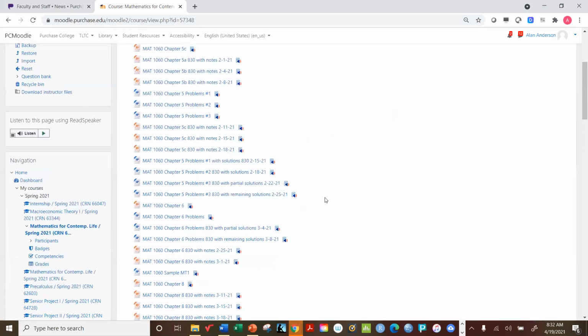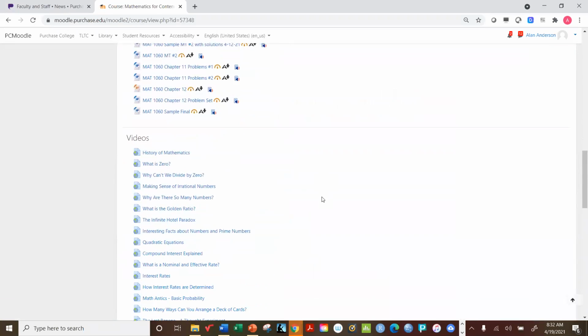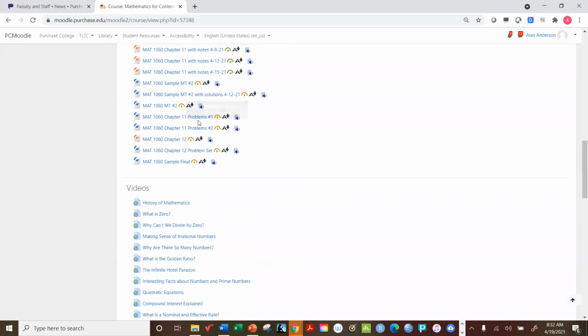Okay, so since we're done with chapter 11, I've actually put two problem sets in here for you to work on because, obviously, we could all use a little practice here. So you can see they're right there, chapter 11 problems 1 and 2. What I'd like to do is at least start them on Thursday. We may not have to do them all on Thursday, but at least start, maybe do the first one and possibly as much as the second one as we can,